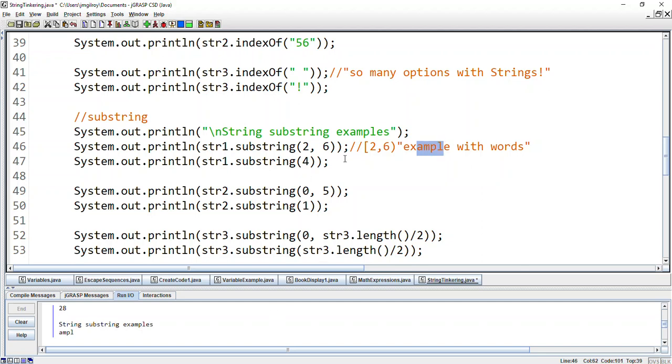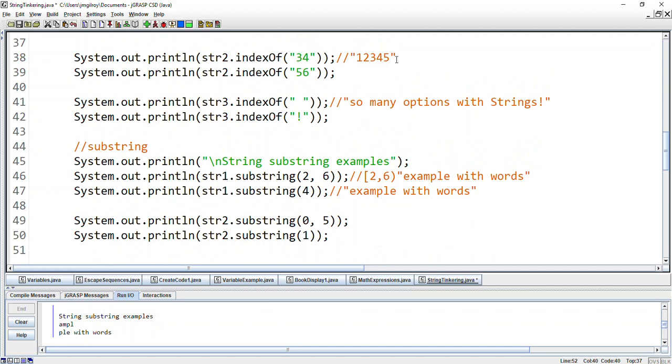All right. And here, if I only give you one value, that's telling you to start at that position. So 0, 1, 2, 3, 4. So I'm starting at my P. And I don't tell you where to stop, and that implies that you go to the end. So pull "with words." Okay? So with substring 2,